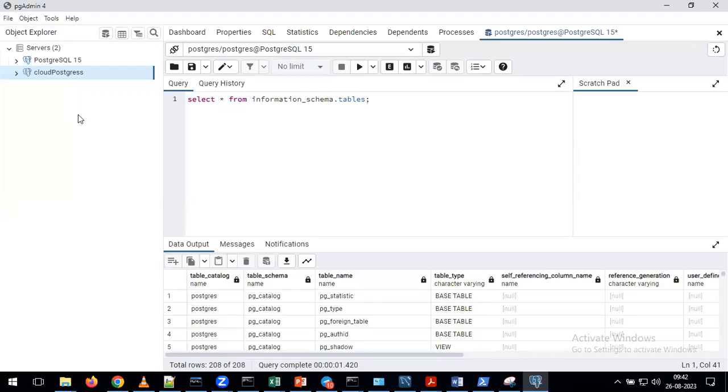pgAdmin 4 is not opening for me, sir. Yeah, if you are getting an error, please close the window and try to open one more time, because all other people are able to successfully create the connection. Might be you gave some wrong IP address or some wrong code. Again, I'm repeating, when you give the IP connections in the networking tab, please give the IP address /32. If you make any one mistake, it cannot maintain the connection with the cloud SQL. For that reason, you are getting such timeout errors.